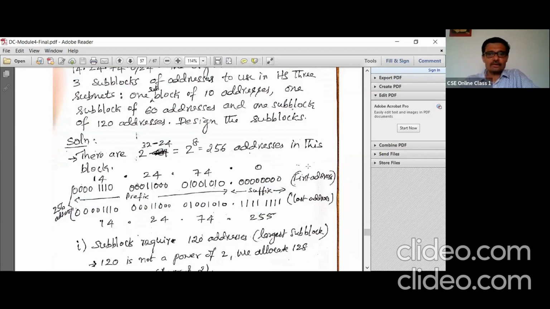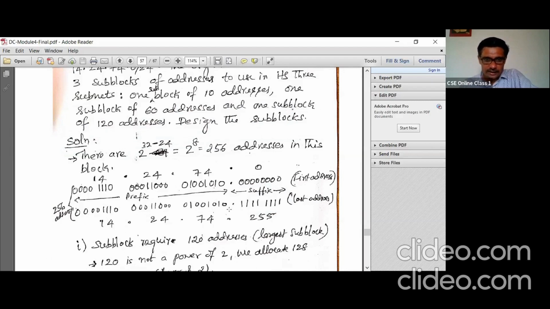How do you make the first address? As you know, retain the prefix and make all suffix bits equal to 0. We have done that already. The given address itself is the first address. How do you find the last address?